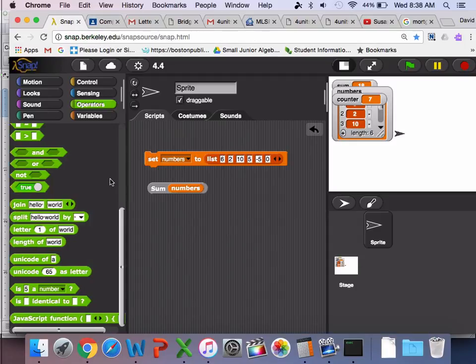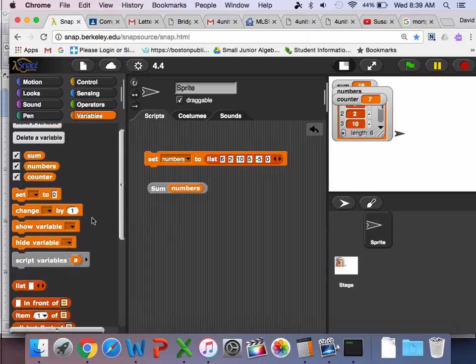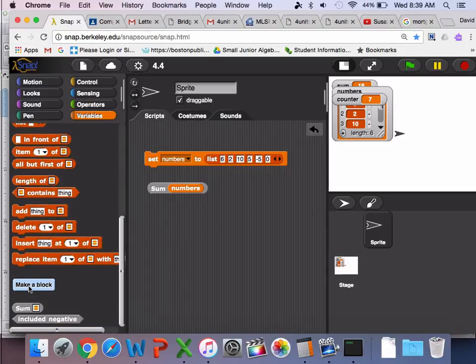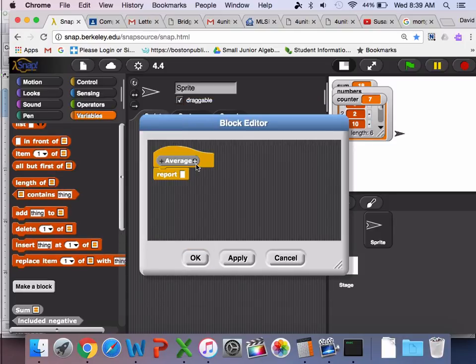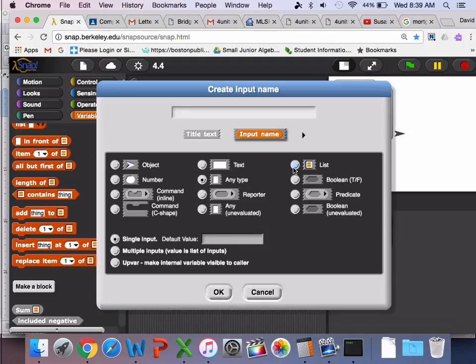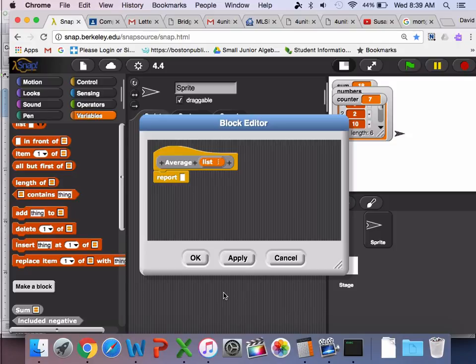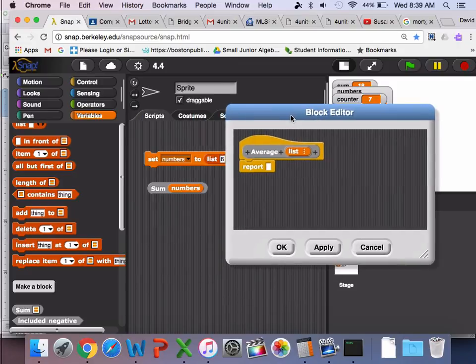So all you have to do is we're going to make another block, and it's a reporter block. We'll call it average. Okay. And now we want to take a list as an argument. Let's just call it list. And the first thing we need to do is, wait a minute, we already have, to find the average, you